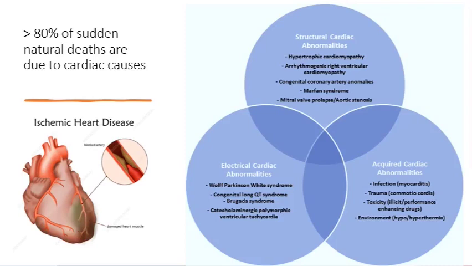The other types of cardiac causes, of course, are acquired, that is, they happen later on in life due to some form of either infection or trauma. We'll learn a little bit about how some types of drugs can affect the heart, especially some types of narcotic drugs, performance enhancing drugs. These can actually have a very toxic effect on the heart and cause certain pathological abnormalities which can cause sudden death.